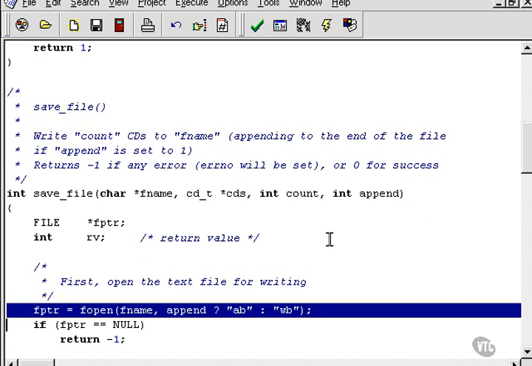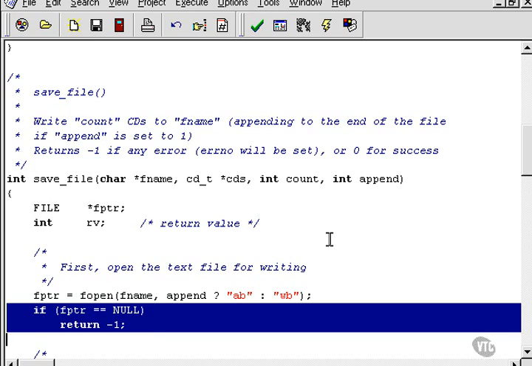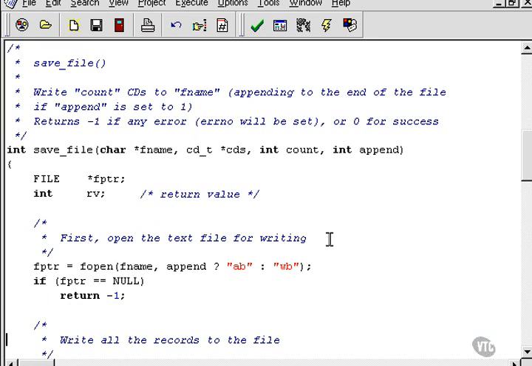Try and open the file. This is the use of our conditional operator. If append is set to true, then use append binary, otherwise use just a regular write binary. And if the file pointer was null, then return -1. We failed. Notice that errno will be set in this particular instance, because the fopen will fail,